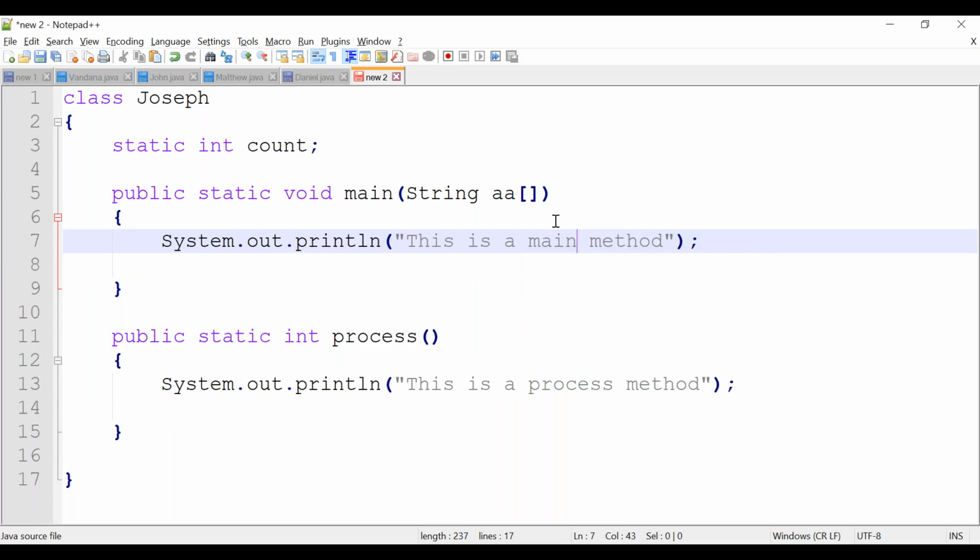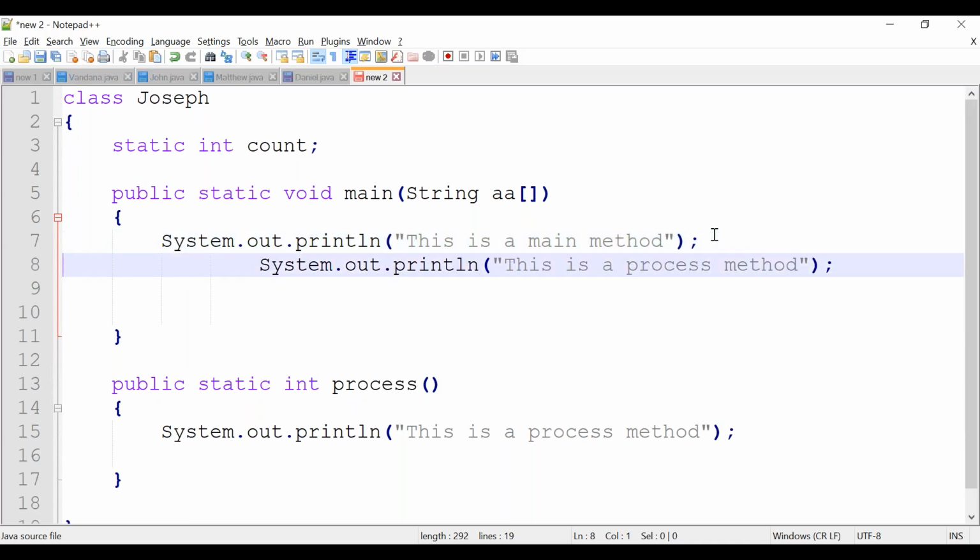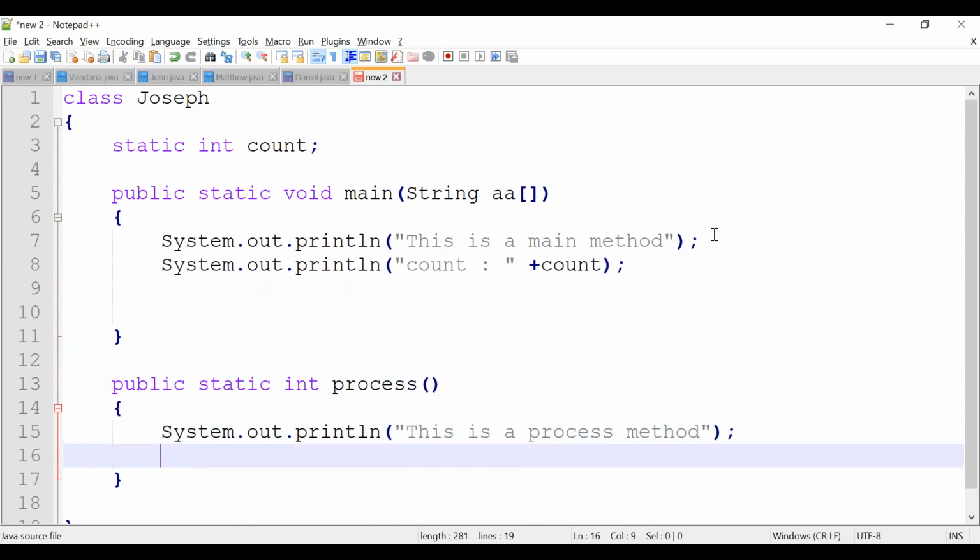What I am trying to do is always keep the variables in each method, because you will understand what the value is. That's why we are always printing variables in all the methods. So I am printing count in both the methods.